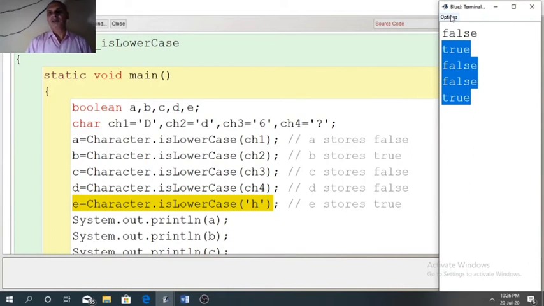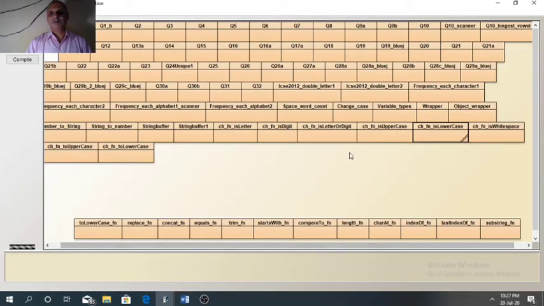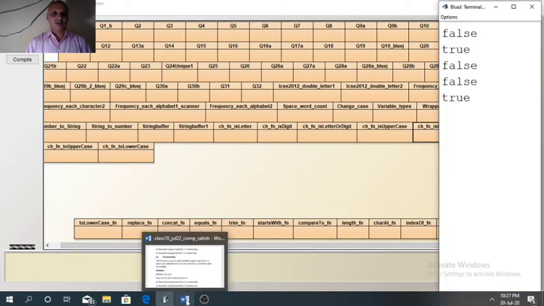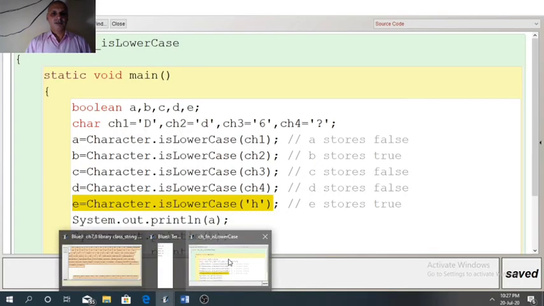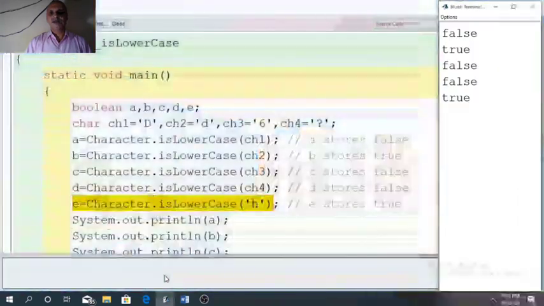Let us clear it first. So let us verify it.